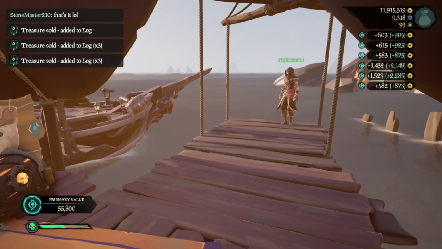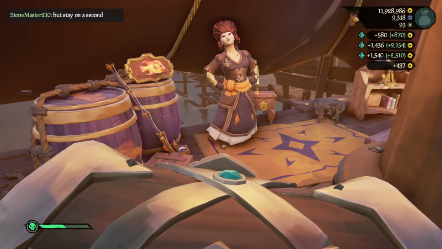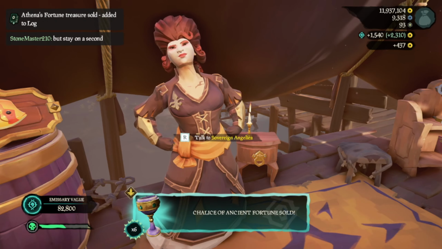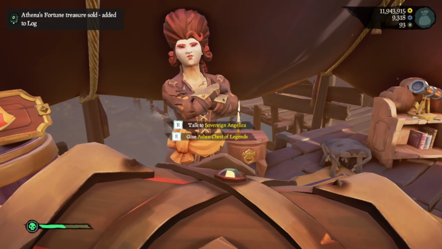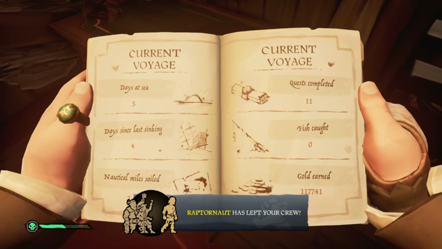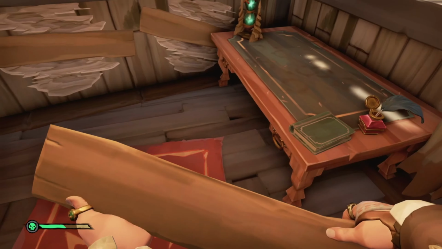Now we're going to sell the normal Chest of Legends, which is going to sell for 10,000 gold before emissary, and the Ashen variant for 15,000 gold, which is going to add up to, for this chest alone, about 36,000 gold for not a whole lot of work. We only made 120,000 gold this time around, but